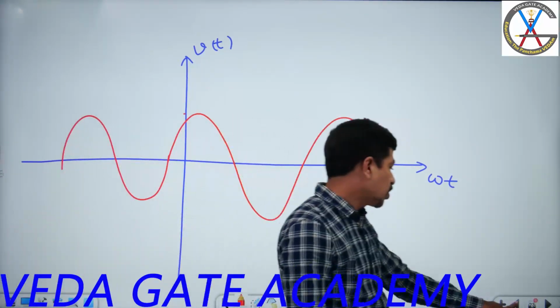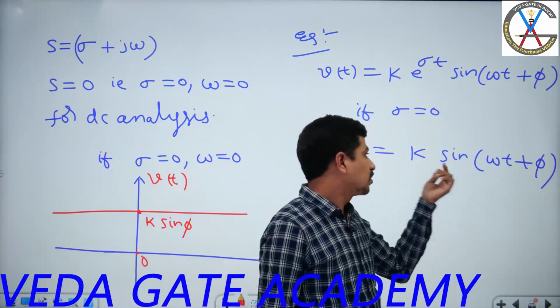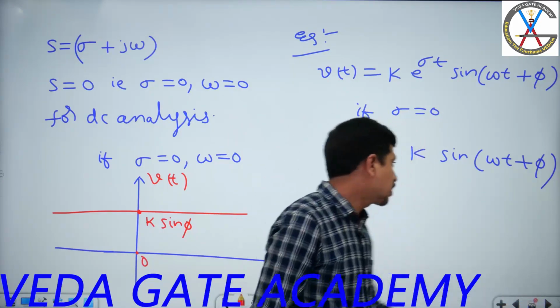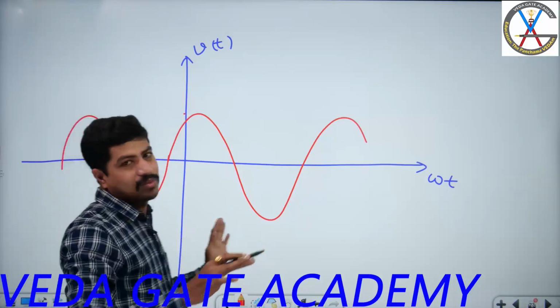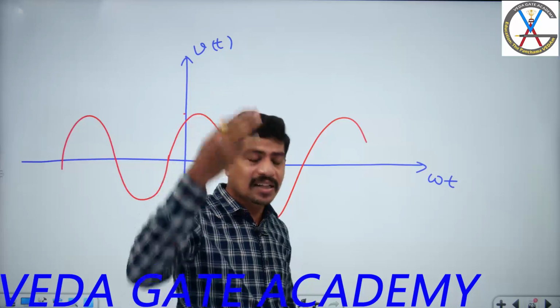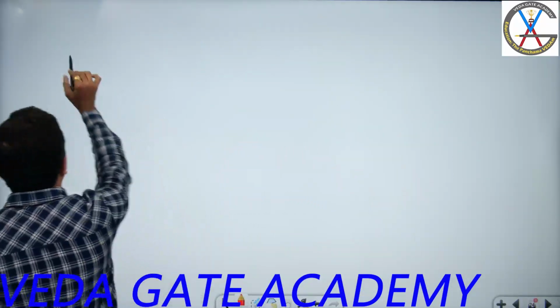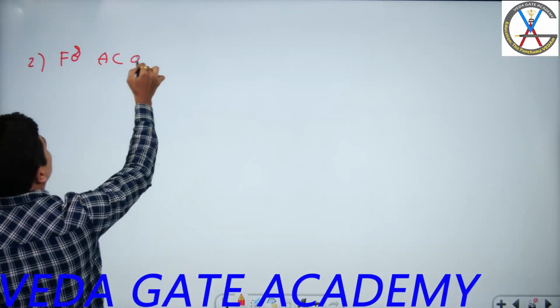What is the maximum possible value of this? For omega t equal to 90, the maximum value is k. The minimum possible value is minus k. So that is plus k, and this is minus k. Yes? So we got pure AC. This is our note point: if we want an AC analysis, second note point, please, for AC analysis,